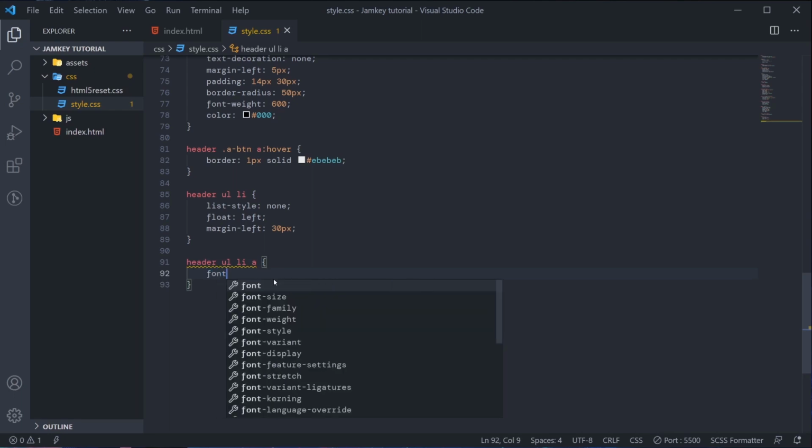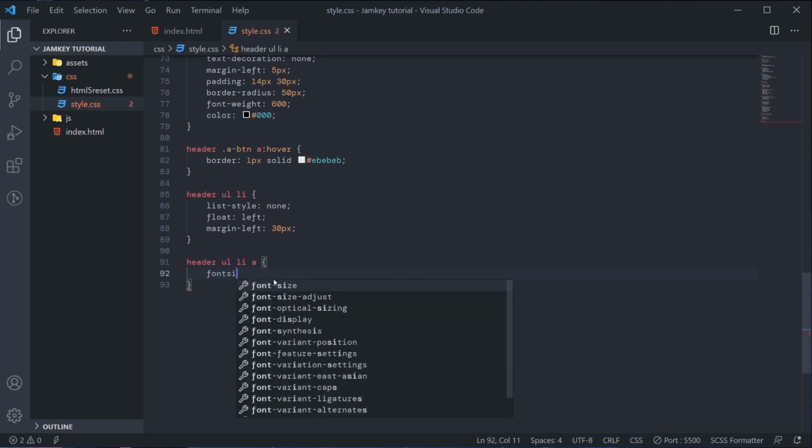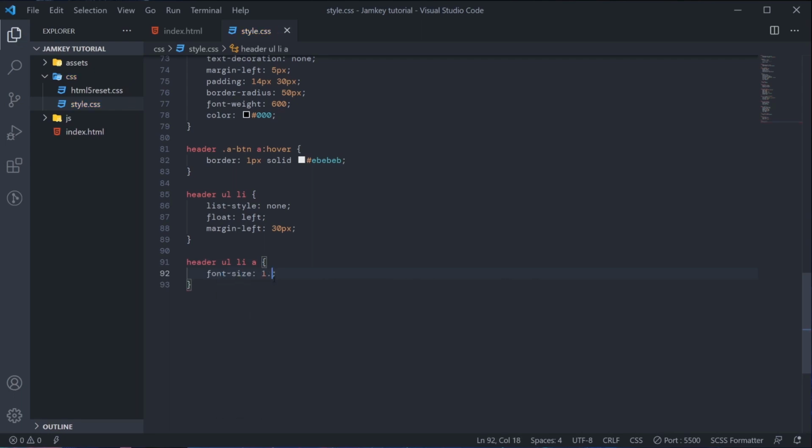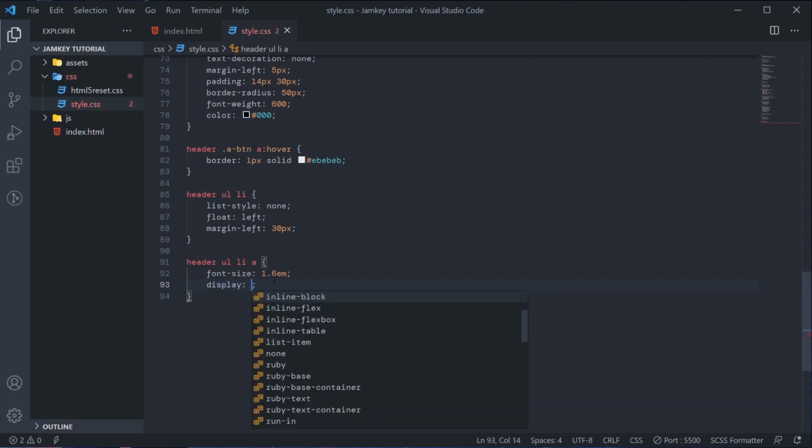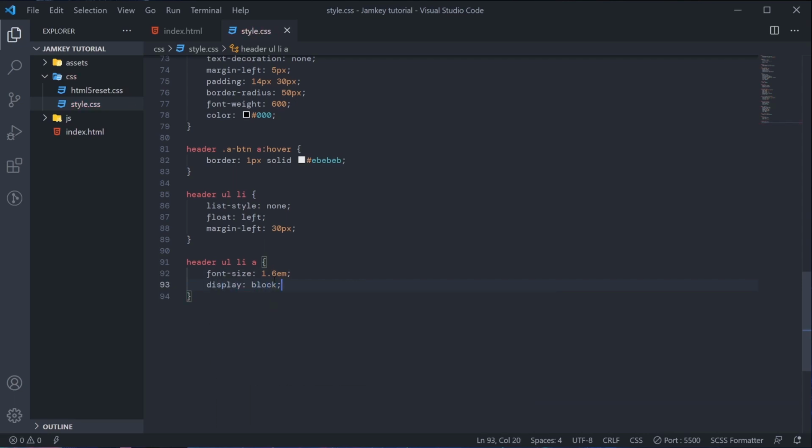I could set font size to 1.6 and then we'll set display to be block. We'll set position to relative.